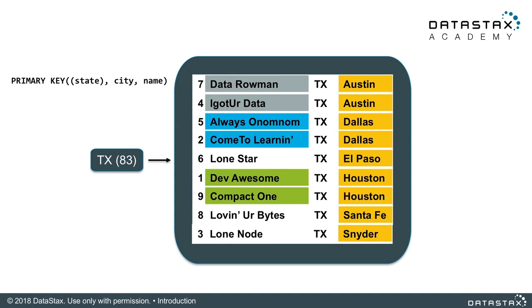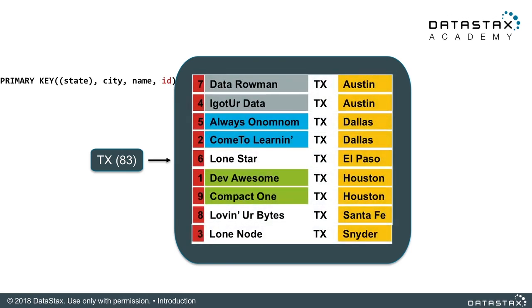How about adding something in there that creates uniqueness in the record? In this case, we've added ID. Now, this is an ID that we've created. There is no incremental value inside Cassandra. I know a lot of relational databases do that, but that's a very difficult thing to do with a distributed database. In this case, we're using an integer, which gives us that uniqueness of that value finally with the city, state, name, and then a unique number. So in combination, this is a unique record, and we're guaranteeing we won't have any kind of collision.